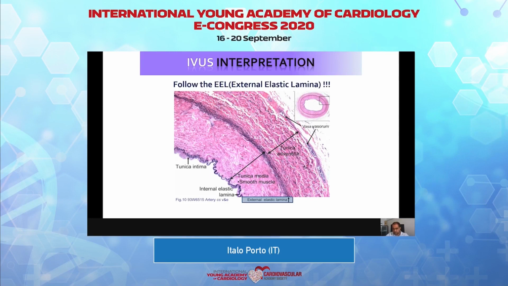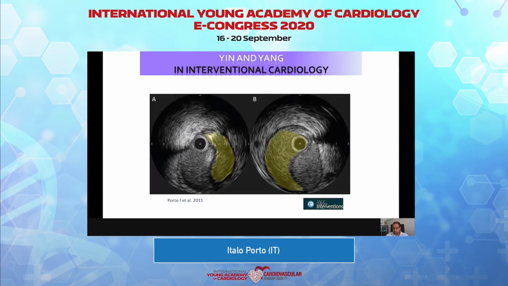But we can see the lumen generally. What we have to identify is the border between adventitia and media, meaning the external elastic lamina. If we are able to identify this structure, we are making progress in our IVUS and OCT identification. So let's look at an